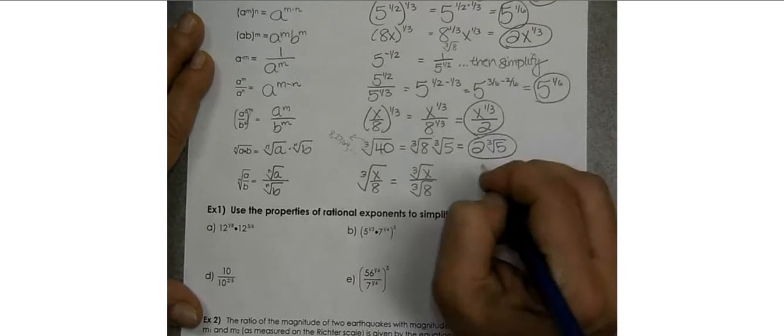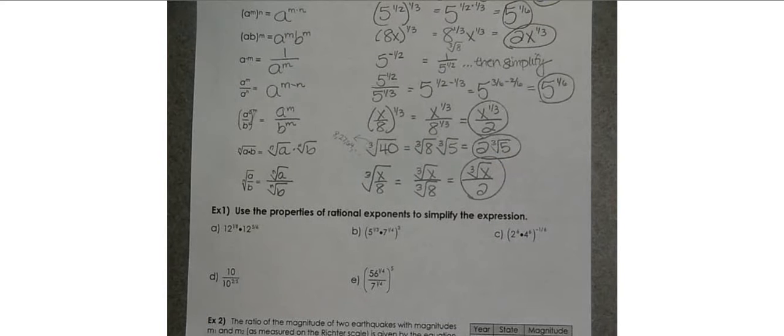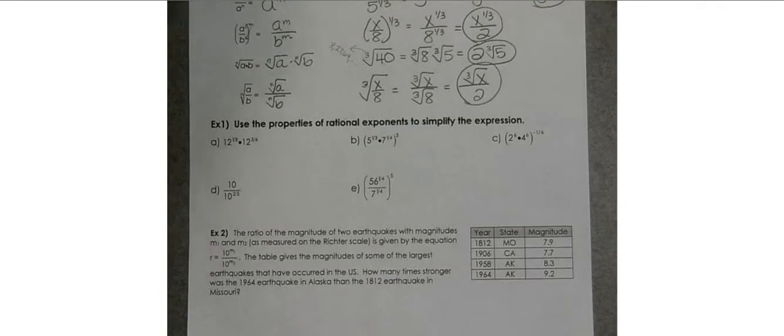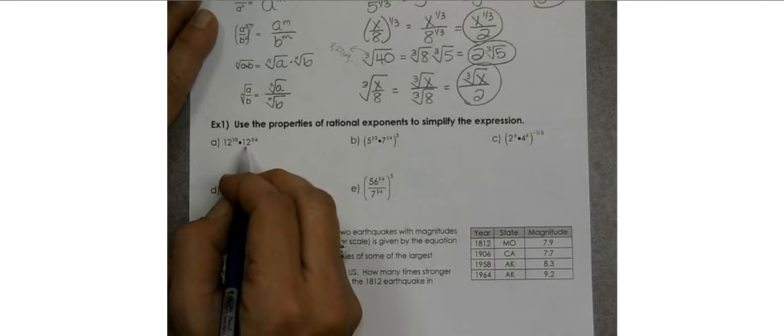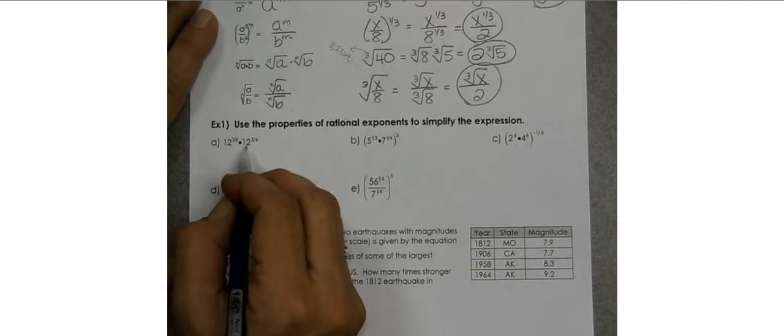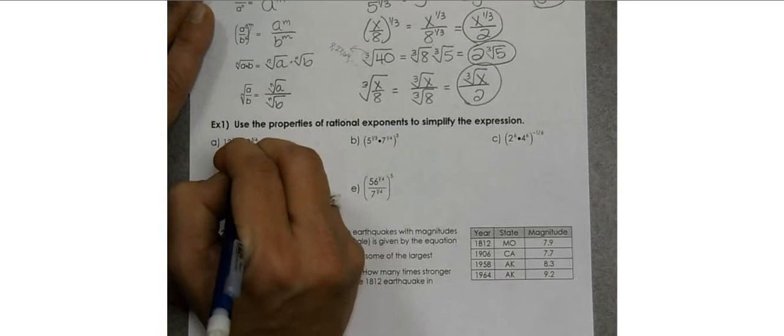And then the nice thing is that the cube root of 8 is 2, so that's simplified. Okay? So example 1 asks us to use the properties of rational exponents, which are just like the properties of exponents, to simplify the expression. So if we have 12 to the 1/8 times 12 to the 5/6, that means we're going to want to add the exponents. So you could write it like this if you want, 12 to the